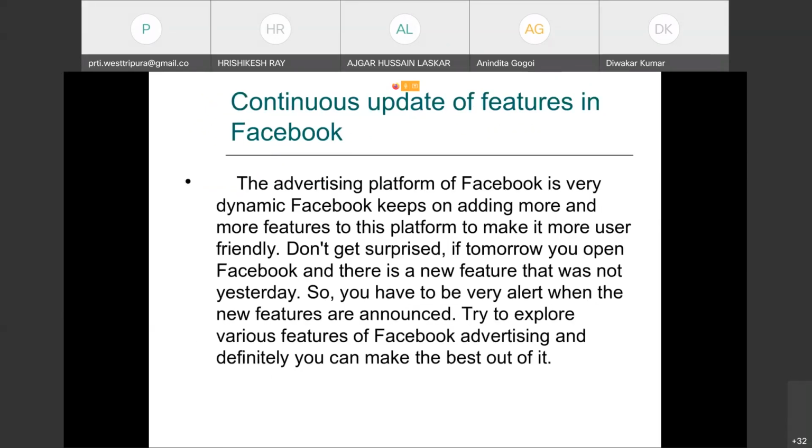Continuous update of the features in Facebook. The advertising platform of Facebook is very dynamic. Facebook keeps on adding more and more features to the platform to make it more user friendly. So whenever I show some